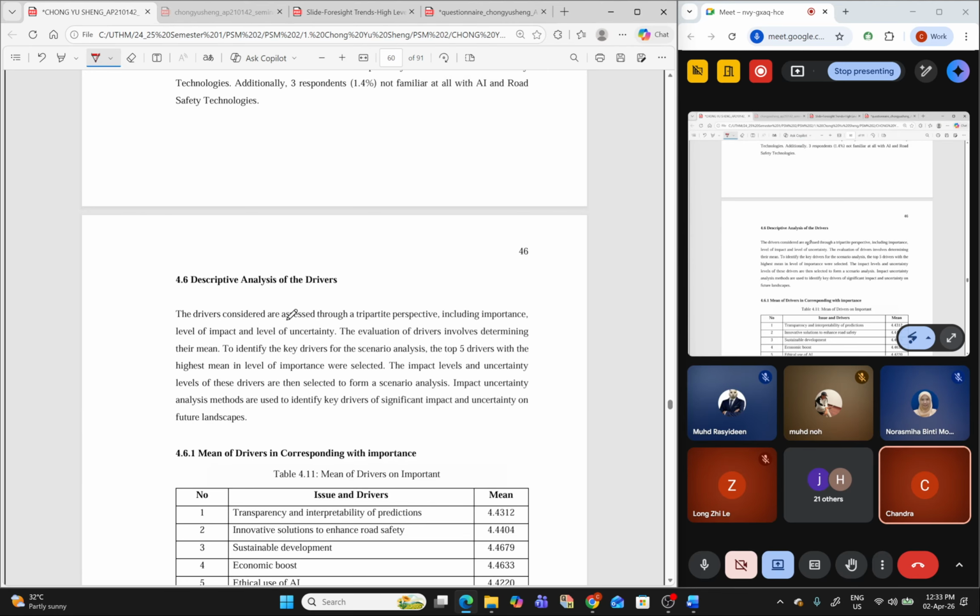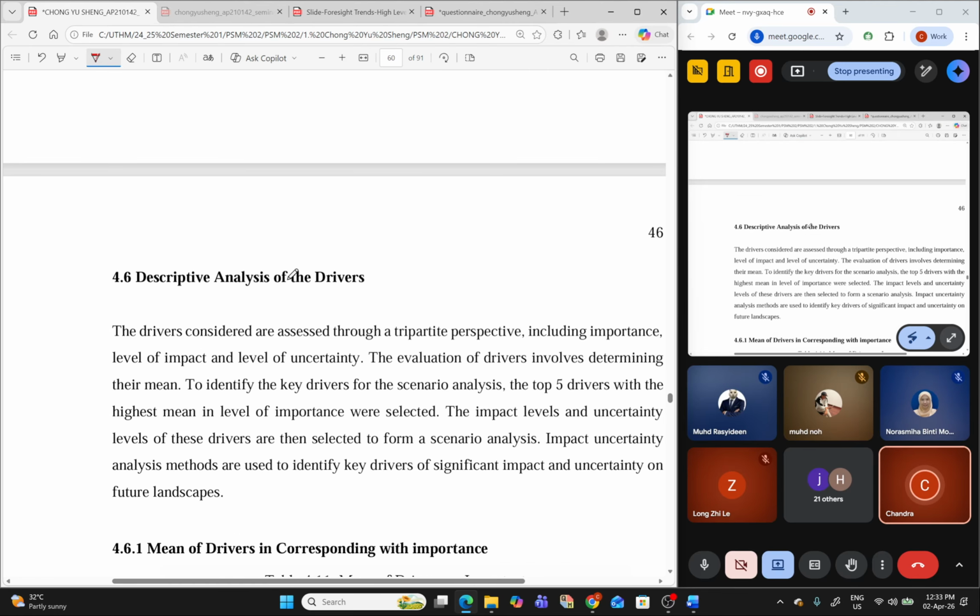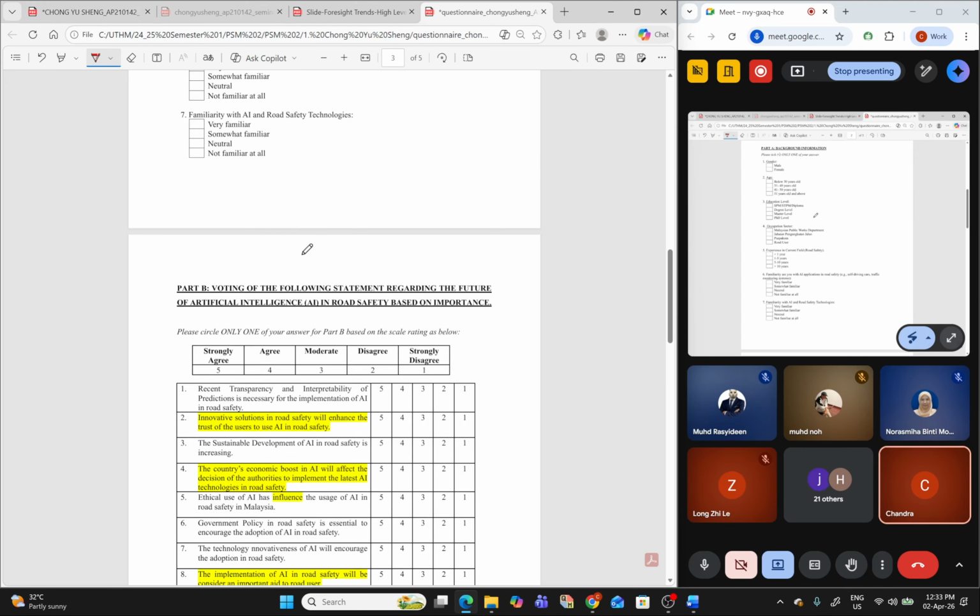After that you will go to descriptive analysis for the drivers.